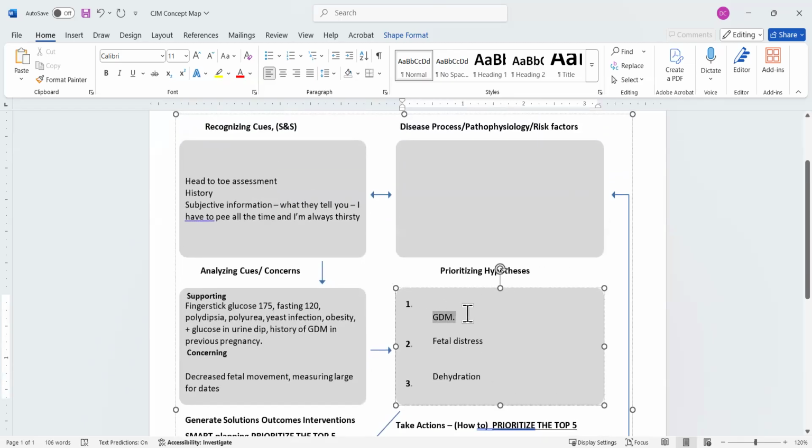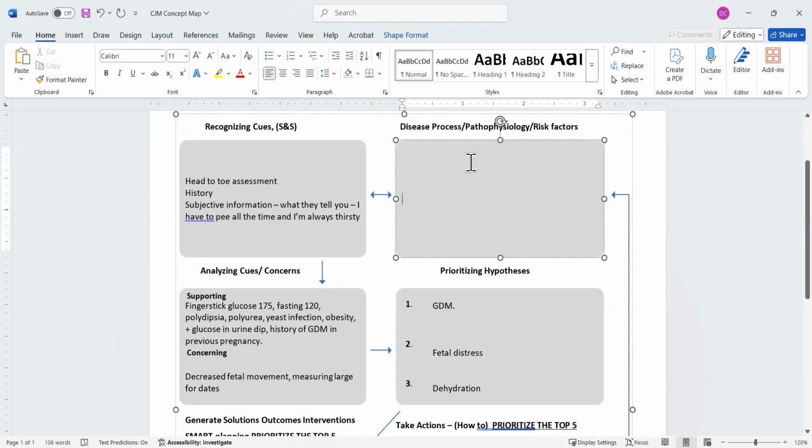So once you get a diagnosis, and we're going to run with GDM, gestational diabetes, then you'll want to fill in the disease process and the pathophysiology and the risk factors. So risk factors are obesity, hypertension, glucose in the urine, older gravidas, older than 25. If they have a family history of diabetes, or if they've had a previous baby that's large for gestational age,